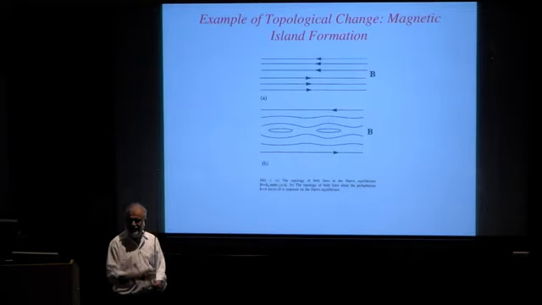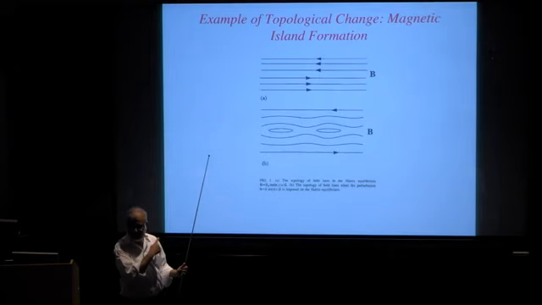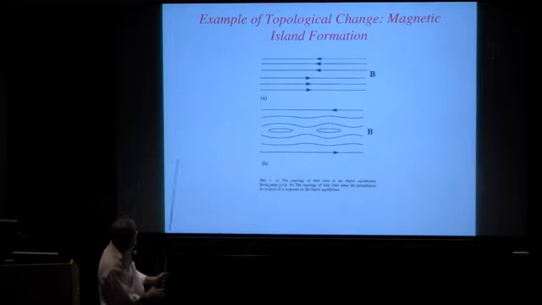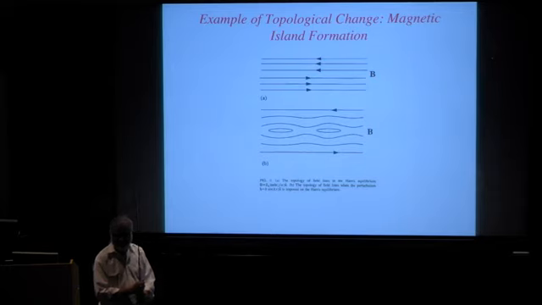A crucial ingredient that is often overlooked is that geometry or topology plays a critical role in reconnection. And here I give you an example of that. This is a classic two-dimensional geometry where reconnection is supposed to play a very important role. So when you look at this picture, what is the thing that strikes you about the B field at the outset? Look at the top picture.